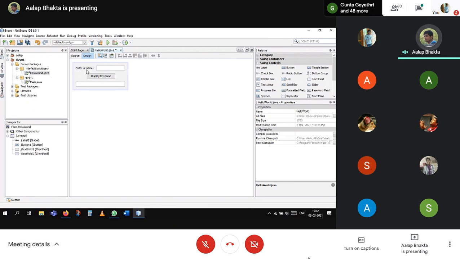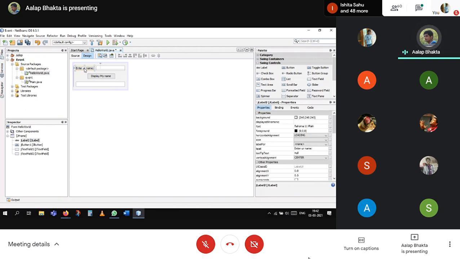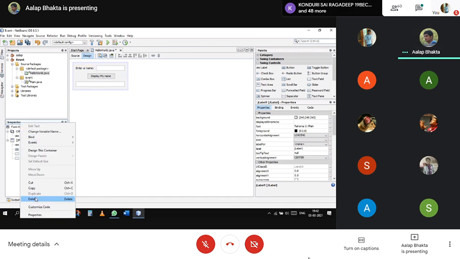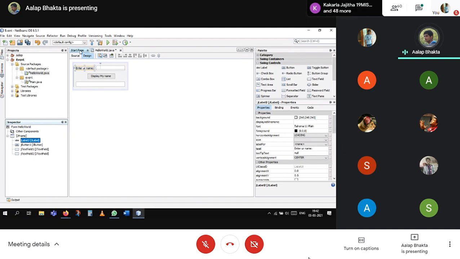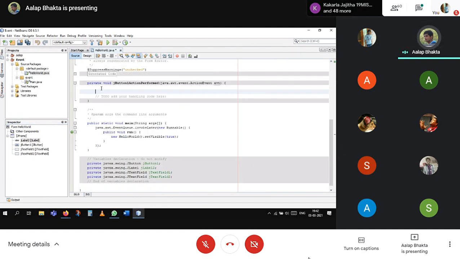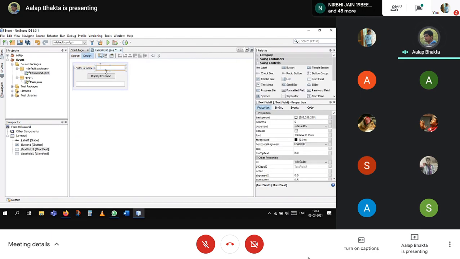In coding you have used variables, names of components, data types, right? Over here also the same thing is there. This is the variable name, jLabel2, where your text is Enter your name. Whenever you want to access anything, take an example over here: you want to get and display your name. So let me run this frame first.